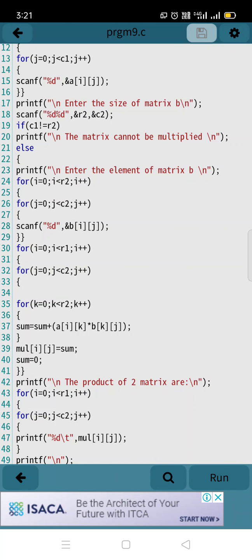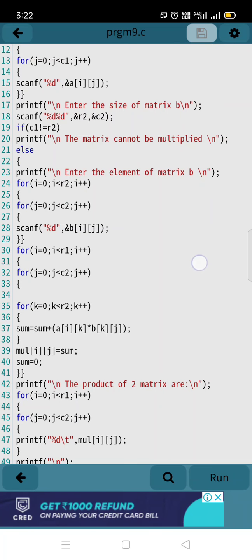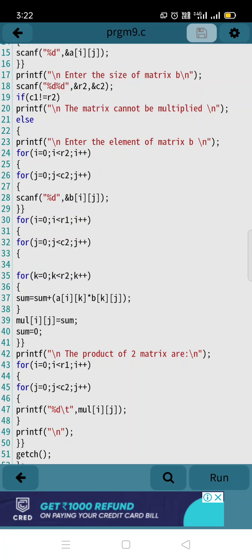The addition and multiplication of two matrices is going to happen in the loop only. This first loop is going to close here: k equal to 0, k less than r2, k plus plus.